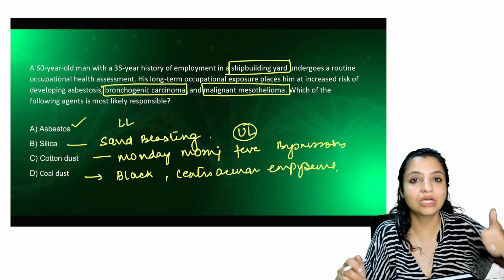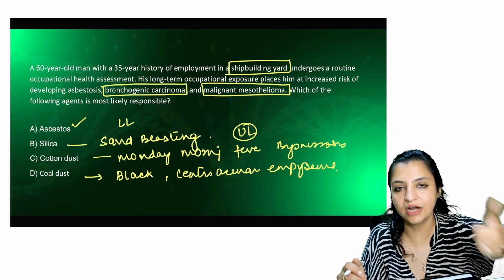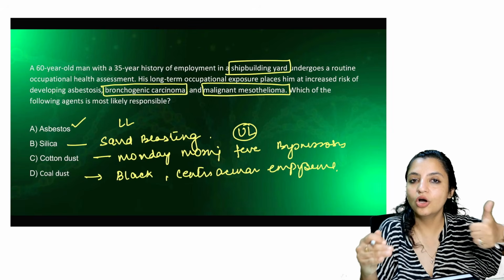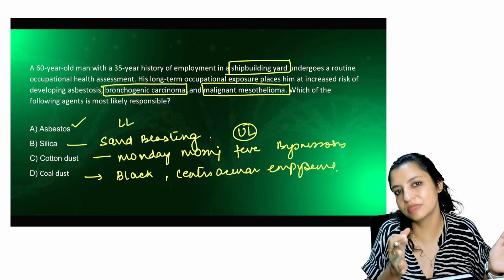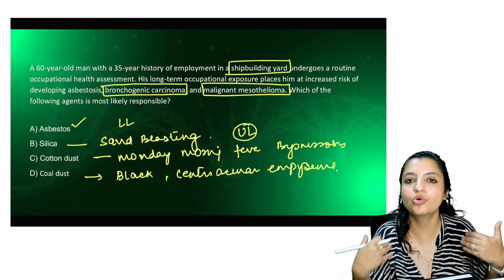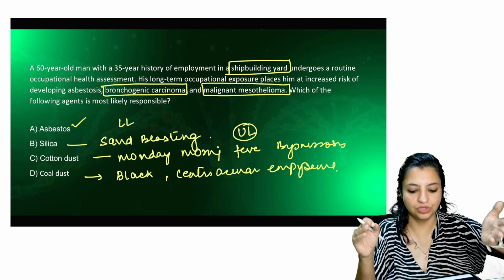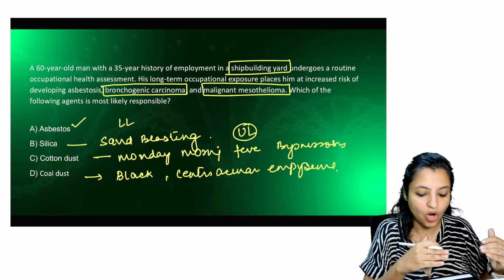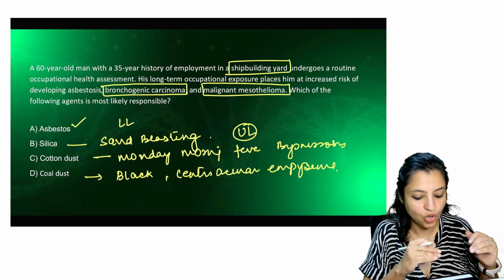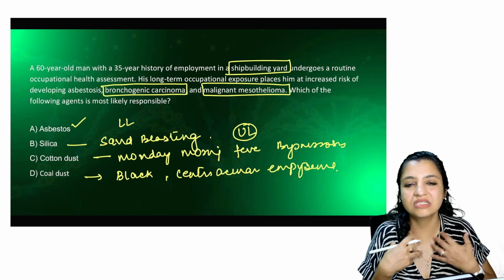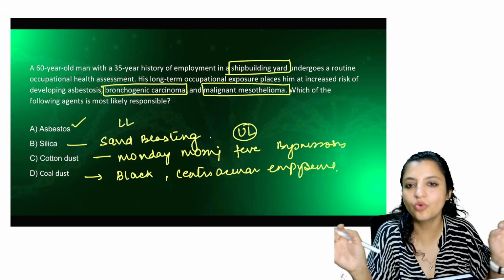Okay, look at this. A person typically works in a shipyard factory. Again, a repeatedly asked question. A shipyard is typically asbestos, and along with that, there is a risk of bronchogenic carcinoma and mesothelioma. Nothing else. It is asbestosis. Remember, asbestosis usually involves the lower part of the lung and has pleural plaques. Silica, they'll give you sand blasting. This is also a previous year question. Upper lobes are more involved. Cotton dust, they'll typically give you byssinosis, which has Monday morning fever. Not there. Coal dust, typically black colored macrophages and centriacinar emphysema. So this is one of the classical pneumoconiosis questions which is asked all the time, and you should be clear.